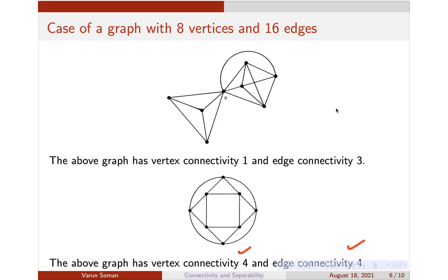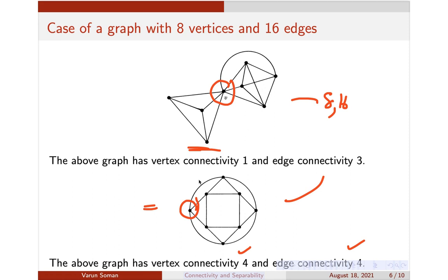So you can see that with the same number of vertices and the same number of edges, there are 2 representations having different edge connectivity and vertex connectivity. If you are designing a communication network like this, what will happen if this vertex malfunctions, or if this node is attacked? The entire communication network will be disrupted. But in this graph, what will happen if this vertex is malfunctioning? Other vertices will not be affected because the graph is still connected. So that is the advantage of having higher vertex connectivity. We need higher vertex connectivity or higher edge connectivity when designing such practical applications.